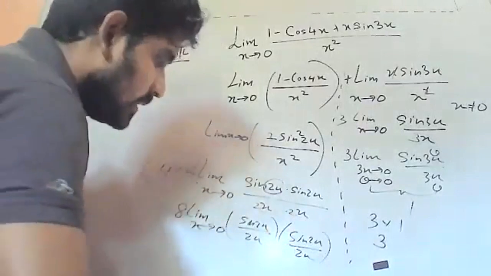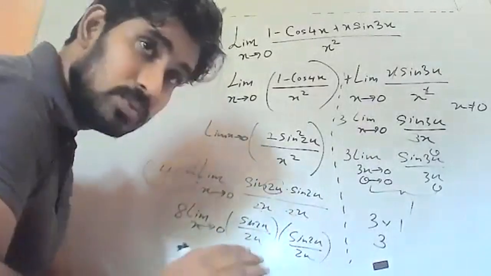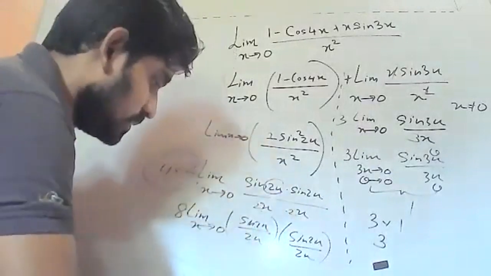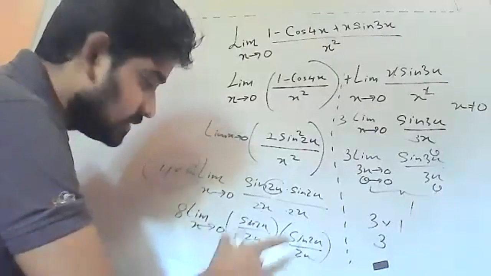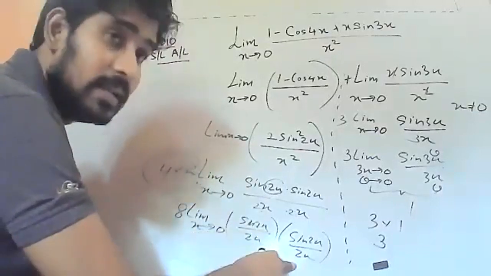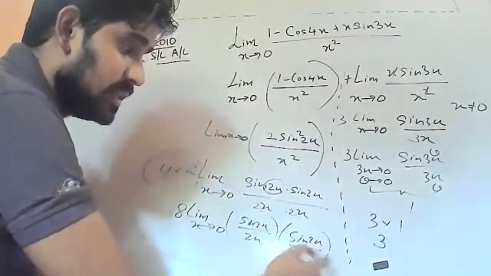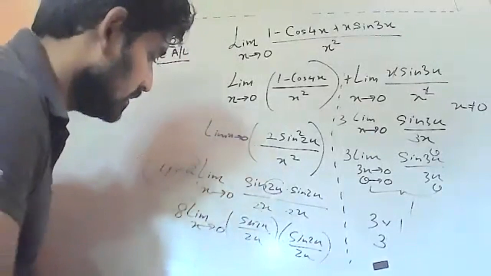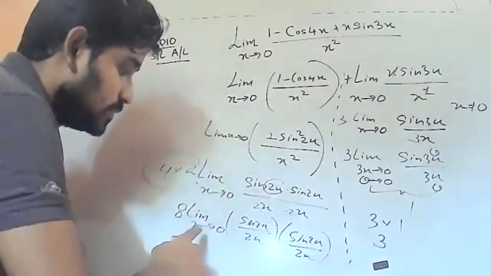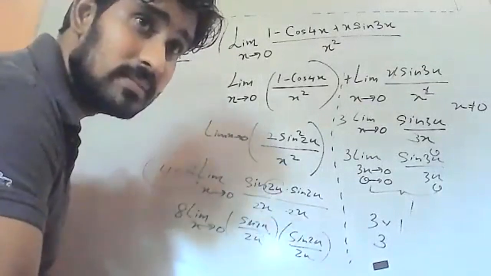Now I am not going to teach you the fundamentals, but you know if there is a multiplication, you can separately put the limit rule there and there, right? Sine 2x divided by 2x, sine 2x divided by 2x. That is the same as the basic sine formula. But one more thing, guys, here the limit x goes to 0, right? Not 2x.